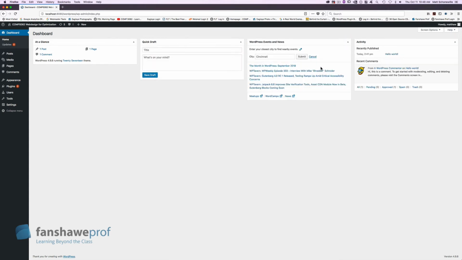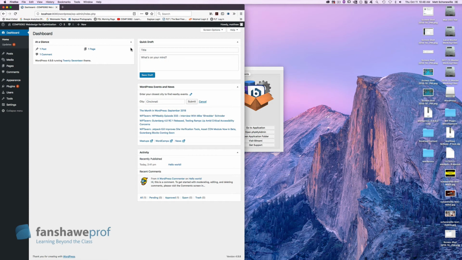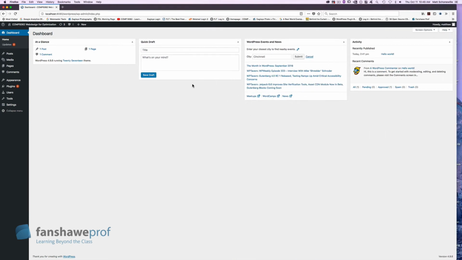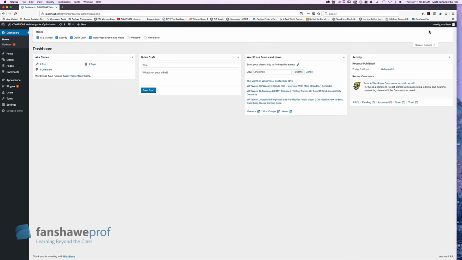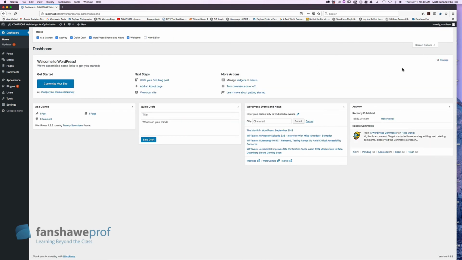Now, I have 4 different ones open. If I change the size of my screen, they will readjust. I only have 2 main columns now versus 4 when I was on my larger screen. So really, it depends on the screen size. Now, there are 4 different things you can see here being sort of widgets, let's say. Quick options. If you click the screen options button here, the welcome menu and the new editor are the ones that I closed off. If I turn them back on, they show back up. If I dismiss them, they'll be unchecked. So really it comes down to what you want to be welcomed with and what you want to see when